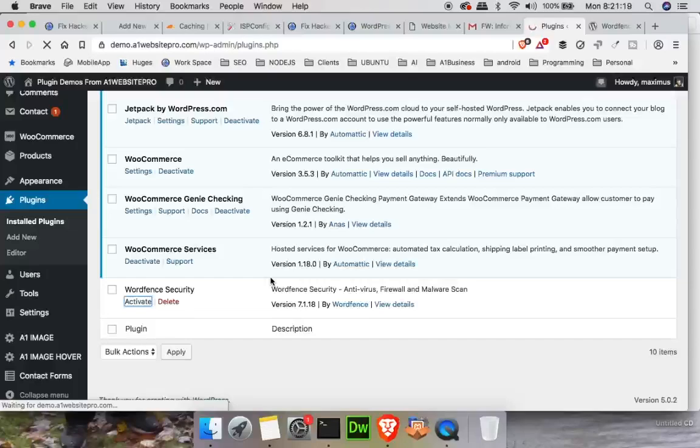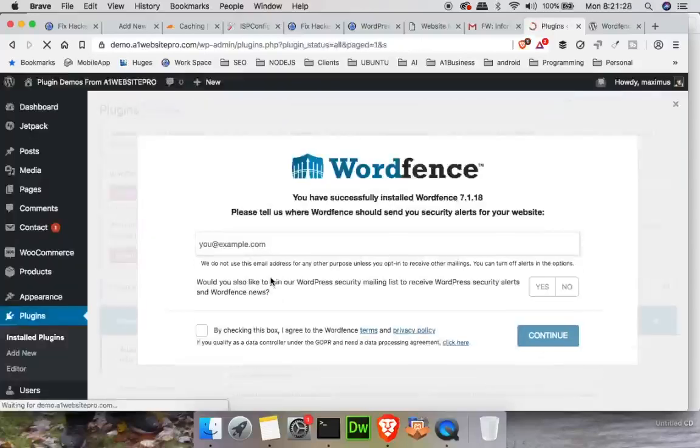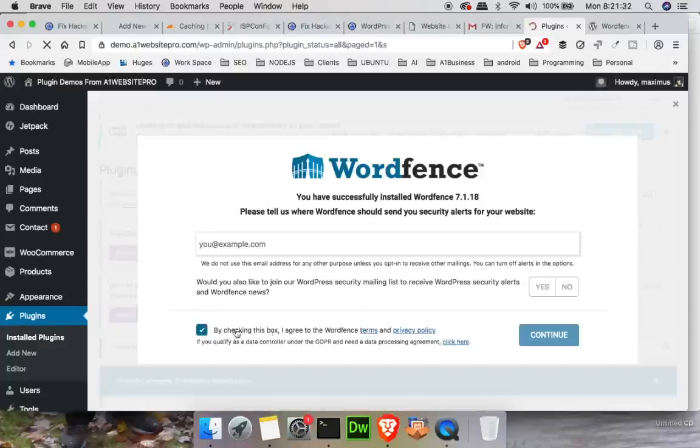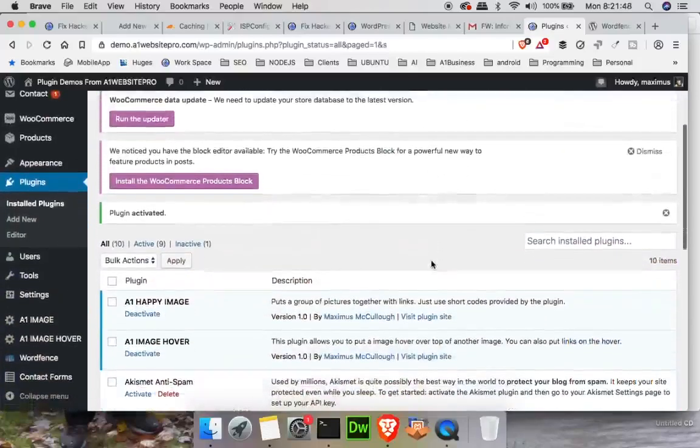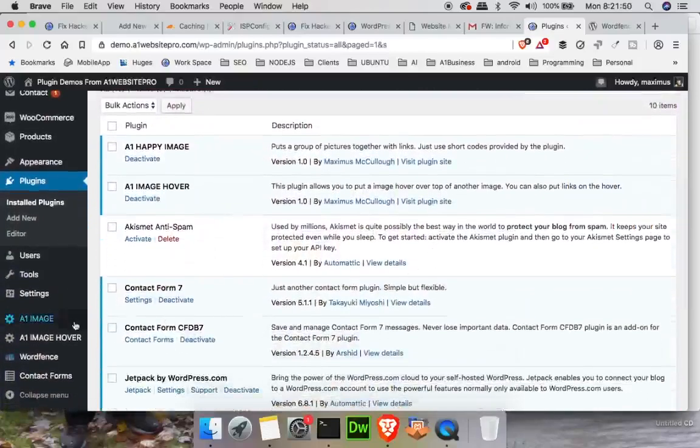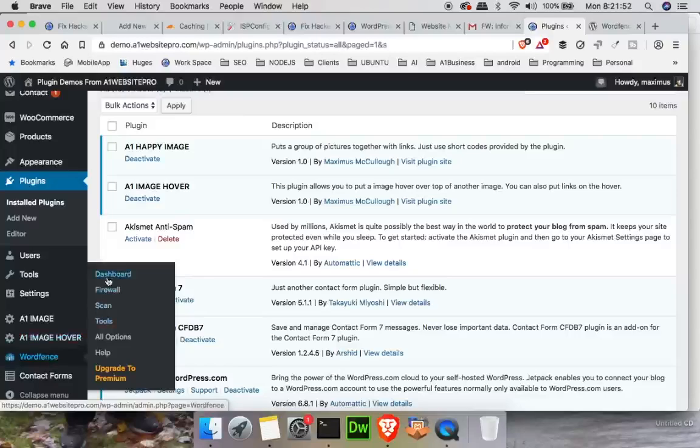This isn't 100% proof, but it definitely gives you ideas of what's going on. And sometimes you have to be careful, because they'll say, hey, we found an infection in your site, going to ask you for a premium key. Just click no. So anyway, you'll come down here to Wordfence, and this is where you'll go to your dashboard and start your